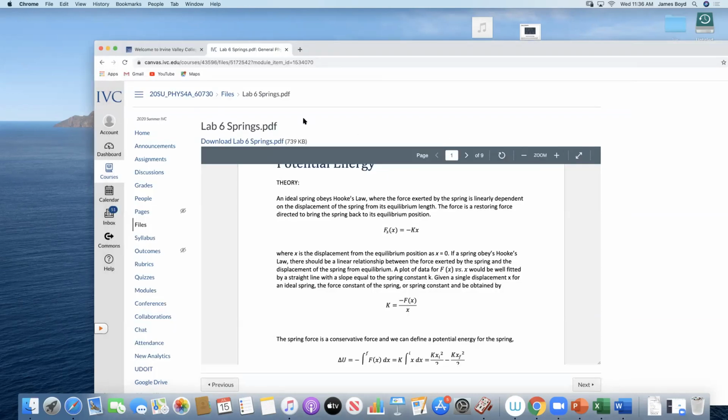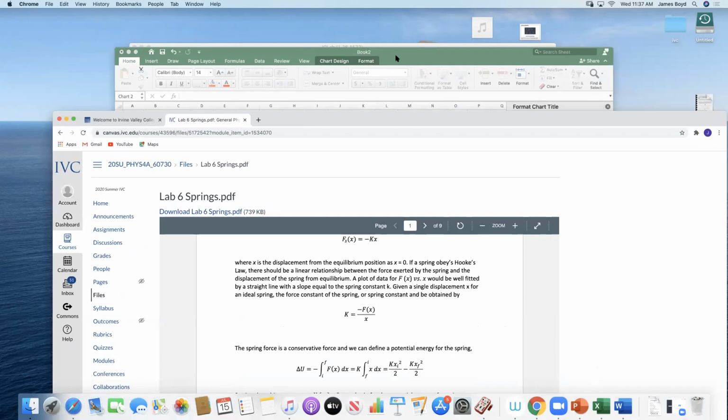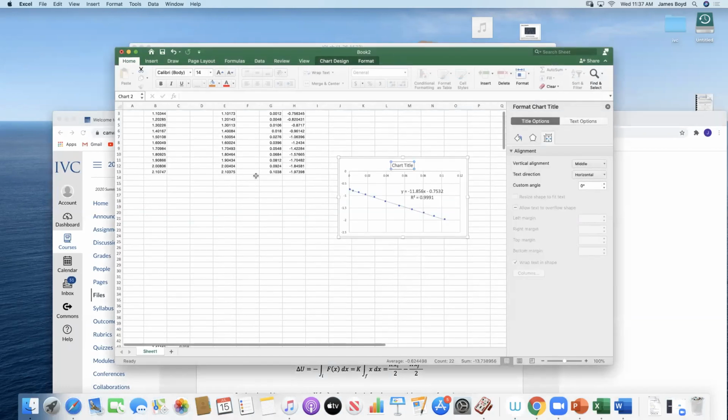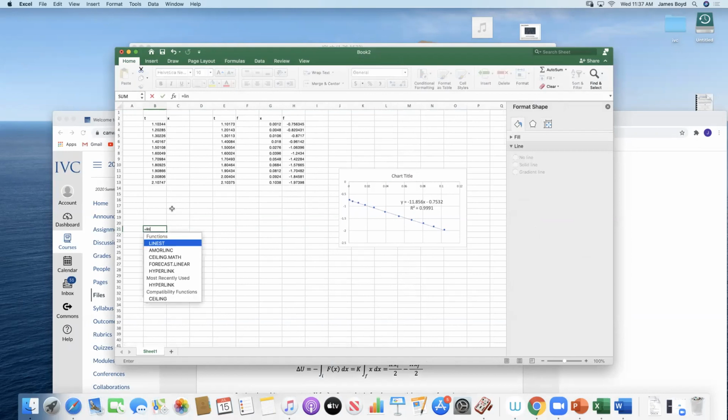All right, so if we go back here and we look, this tells us that our slope is our K, it's Y over X, right? So we know that that's our K. We found our mass from the Impulse Lab, and we've now got K. But here's a trick that you have to do. There's something called a LINEST function, and if you do the LINEST function, you can hit equals LINEST. I included a